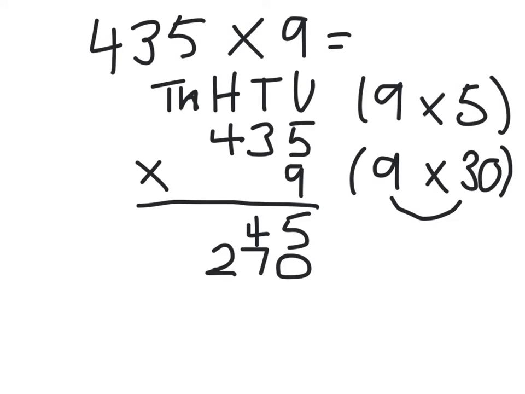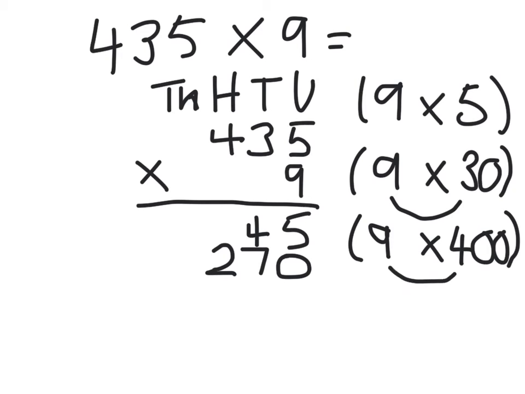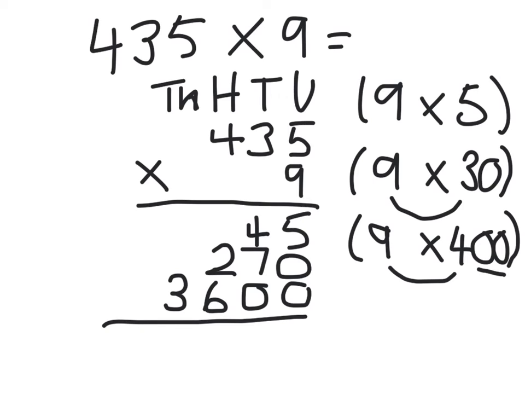So now I've multiplied the units by 9 and the tens by 9, so next I'm going to multiply my hundreds by 9. So I've got 400 times by 9. So again, doing this partitioning in my head, but making jottings to help me if I need to. So I know that 9 times by 4 is 36. I need to make it 100 times bigger this time. So I know that it's 3,600, keeping my digits in those columns,